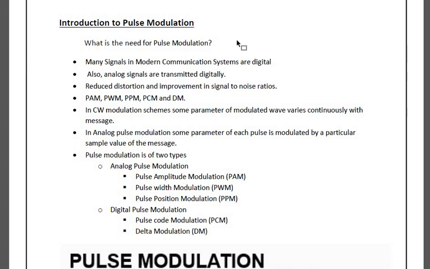So when you are going for waveform coding or digital pulse modulation, you have to keep in mind that pulse modulation is given, and you have to write about your pulse code modulation technique, then delta modulation technique, adaptive delta modulation technique. These are different types of pulse modulation techniques that you will be having. One more is differential pulse code modulation. Today we are just seeing about the pulse modulation techniques.